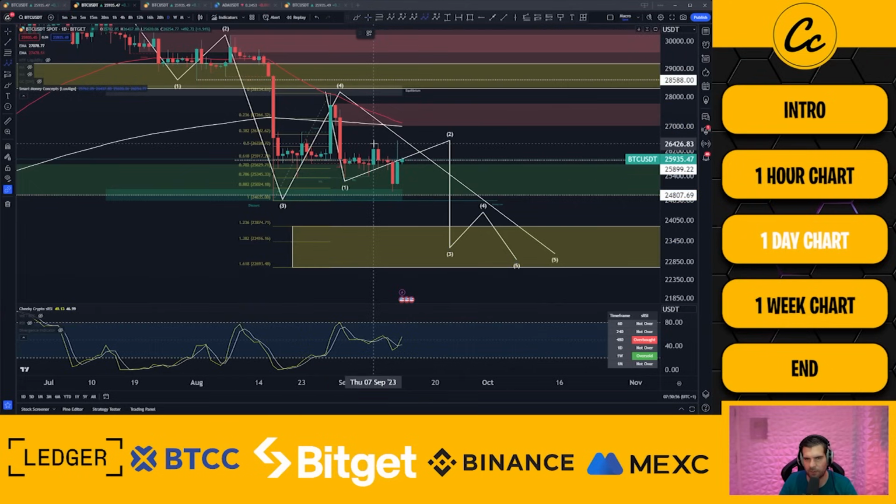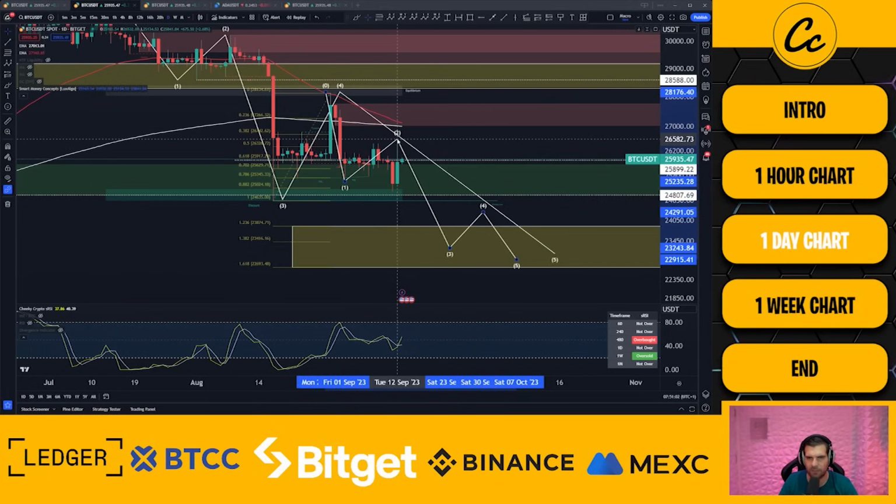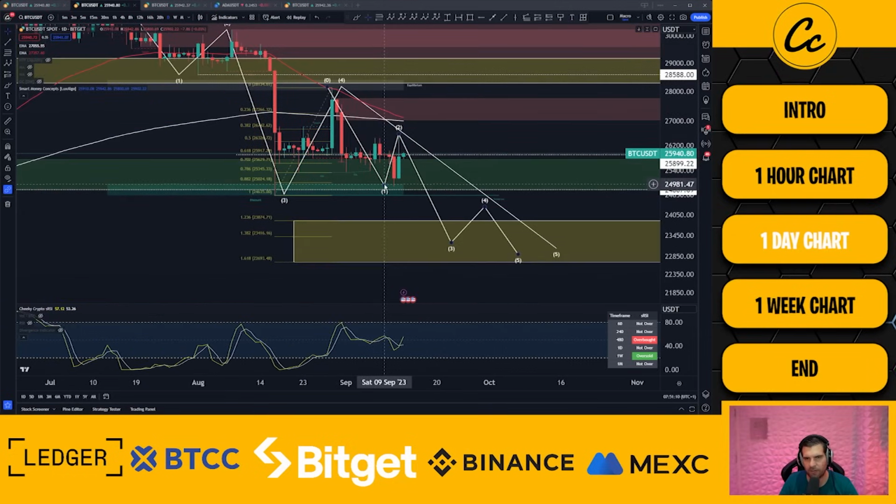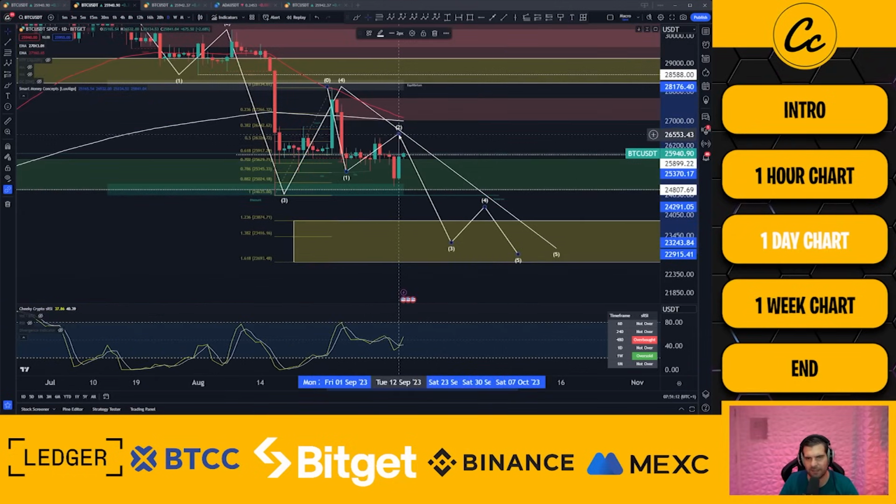So for example, we can't have a wave 1, wave 2 like this. Okay, that's not valid. So we'd have to look at this as the wave 2, and this is the wave 1. That's the only other way of looking at the market from the daily point of view at this point in time. The other options are, of course, that we are in fact in a wave 2